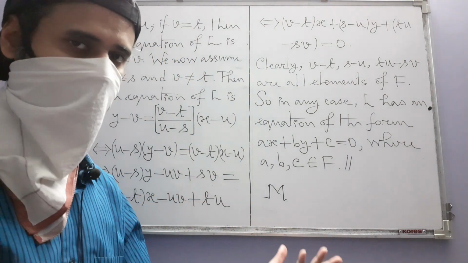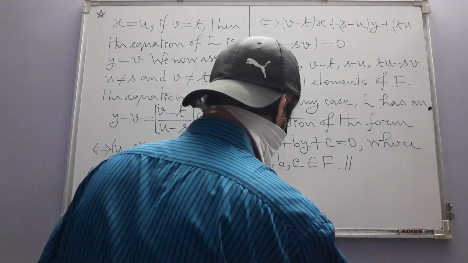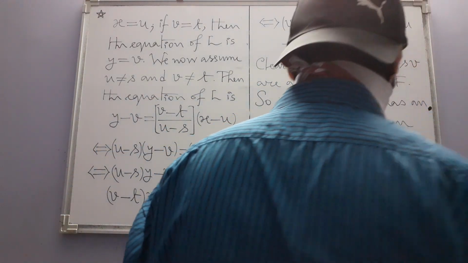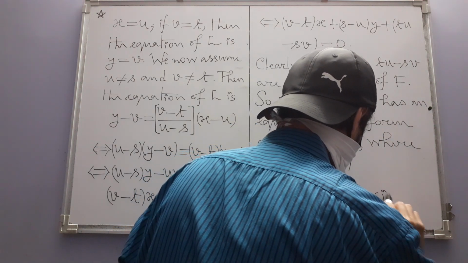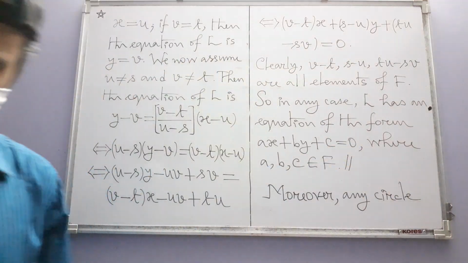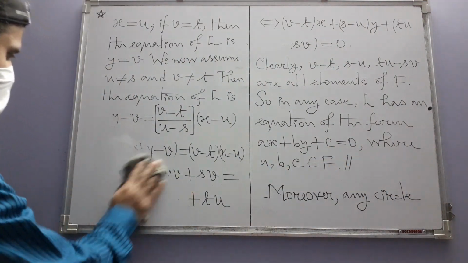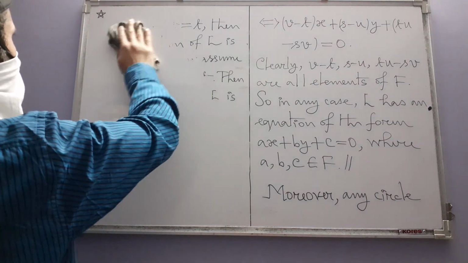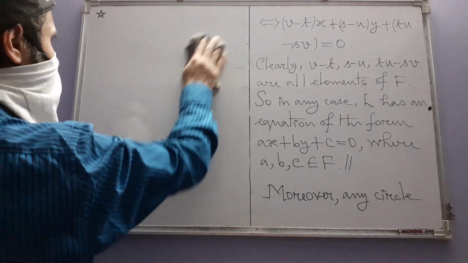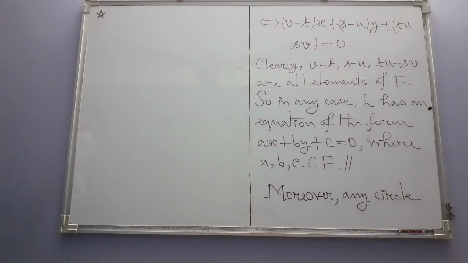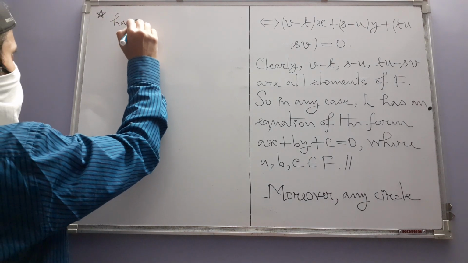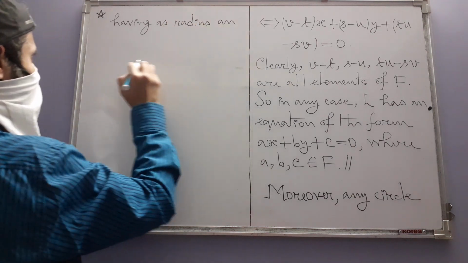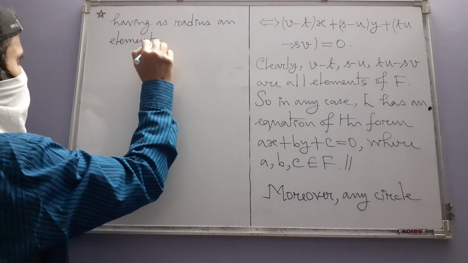Having talked about lines in F, now we talk about circles in F. Moreover, any circle having as radius an element of F